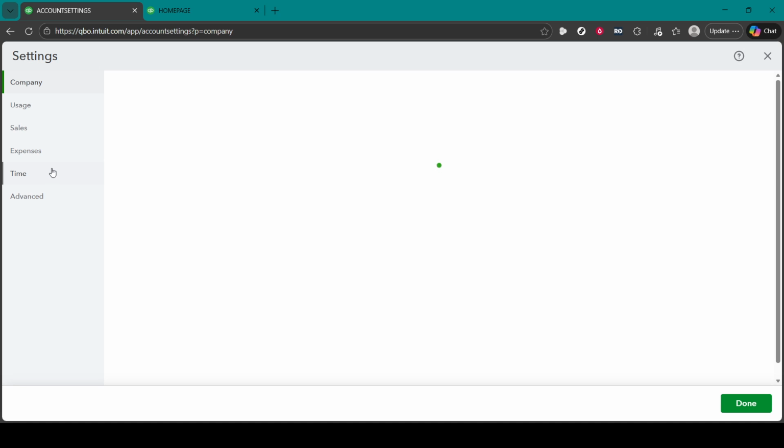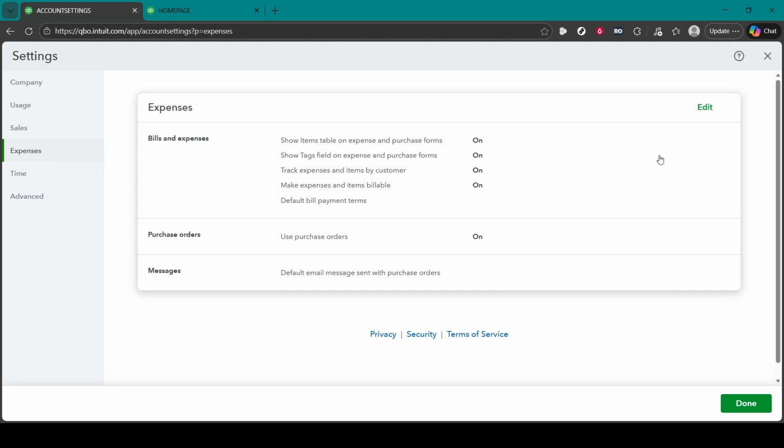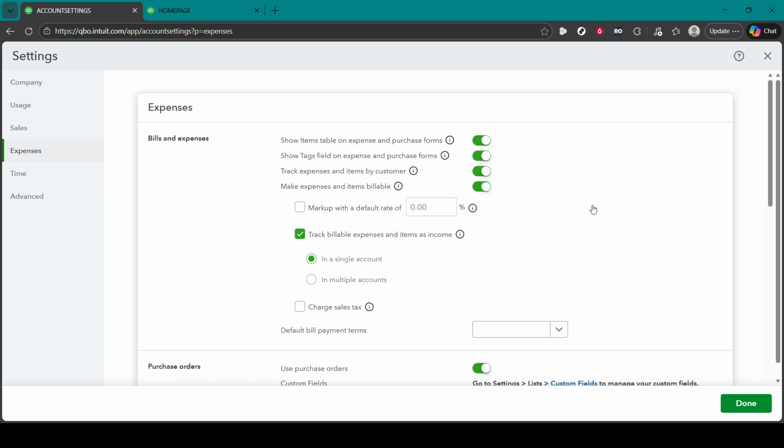Find the Bills and Expenses section and click Edit. Turn on the option to make expenses and items billable. This tells QuickBooks that when you record time or costs tied to a customer or project, those can flow onto